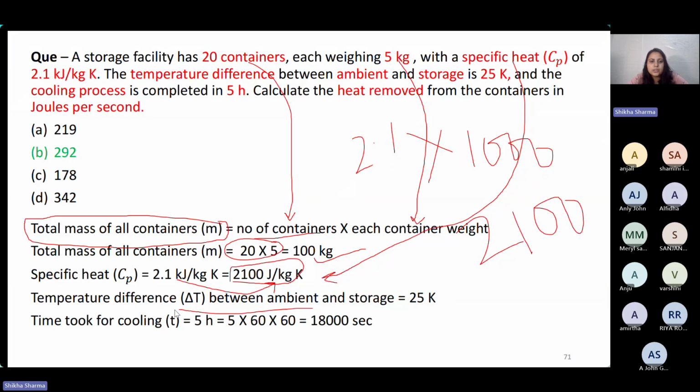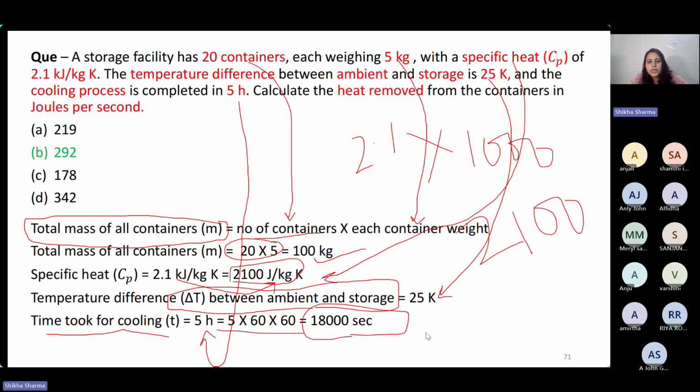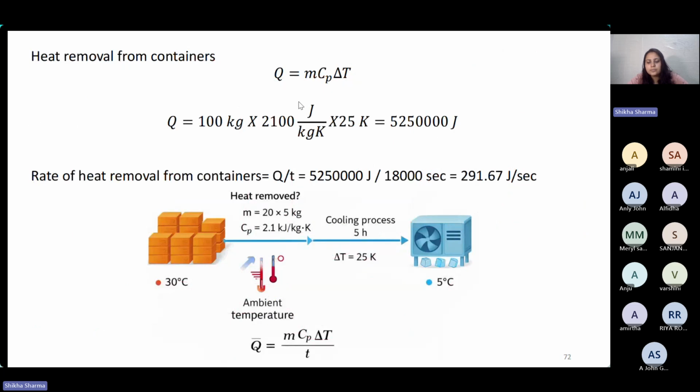And the temperature difference del T between the ambient and storage is given as 25 K. And the time taken for cooling is given as 5 hours here. So 5 hours into seconds, 5 into 60 into 60, which is 18,000 seconds. Now I can simply apply the heat removal formula: Q equals m Cp delta T. So m is 100 kg, Cp is 2100 joule per kg Kelvin, and del T is given as 25 Kelvin. So it will come as